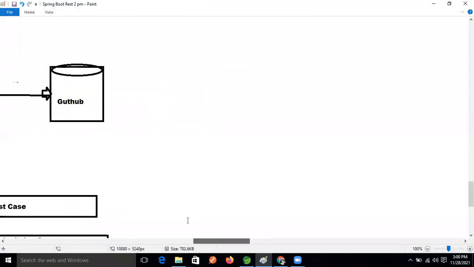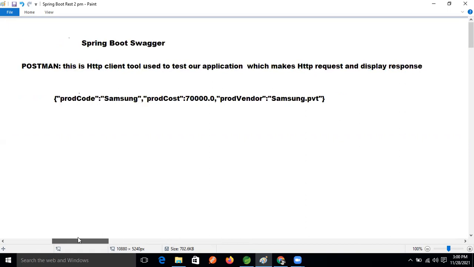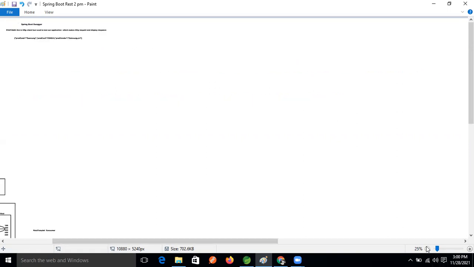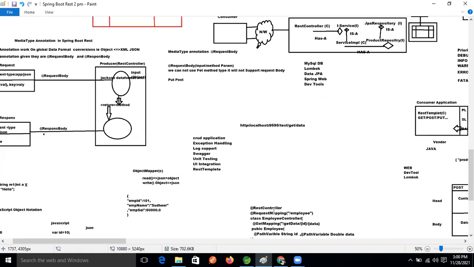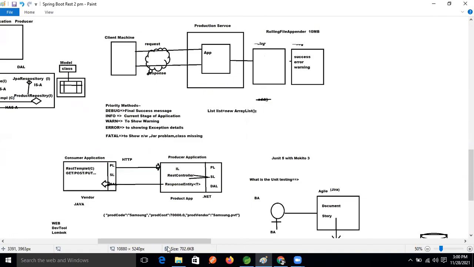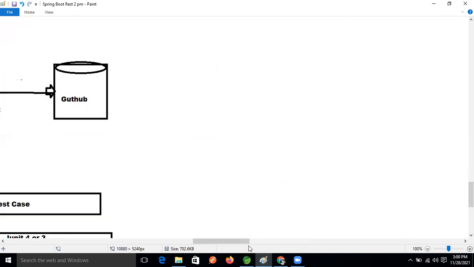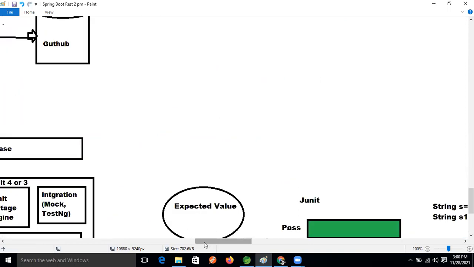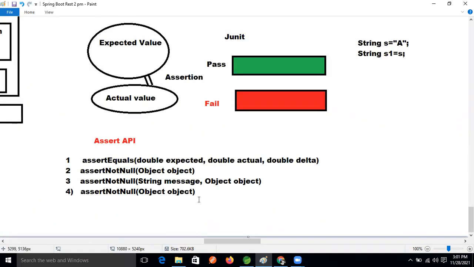Normal scenario itself only I gave. Where is the explanation given? I just want to see that explanation. Yeah, this one. Assert API, right? Okay, so fine.